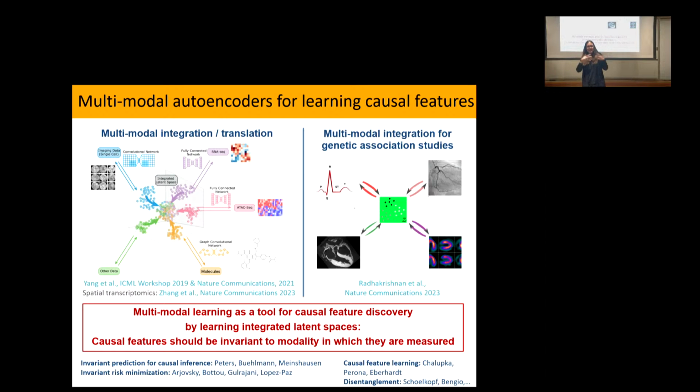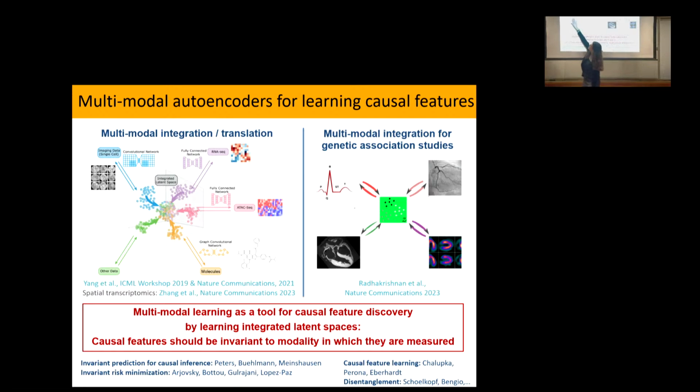So if I have many different ways of looking at a cell, then maybe what is invariant to how I look at the cell is much more likely to be causal. It might still have some associations that I haven't been able to throw out that are still not really causal, but actually having many different views of a cell might help you to distill whatever is causal. Okay, so that's just the intuition for us to always build these multimodal models.